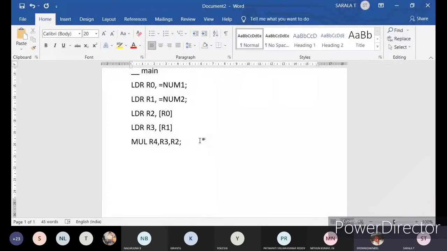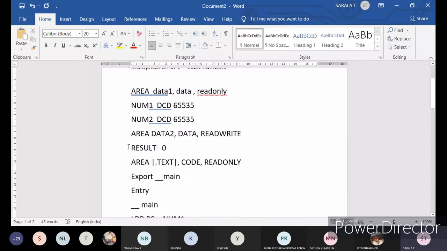Okay. And after this, R4 has the actual result, correct? Whatever data is present in R4, I want to store it in the memory location for the result. But we don't know the memory address of the result yet.